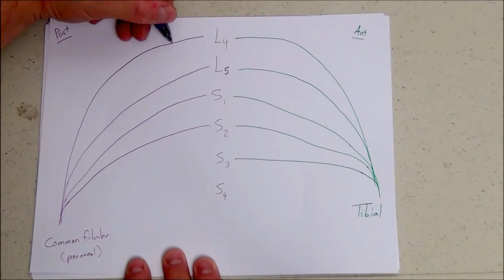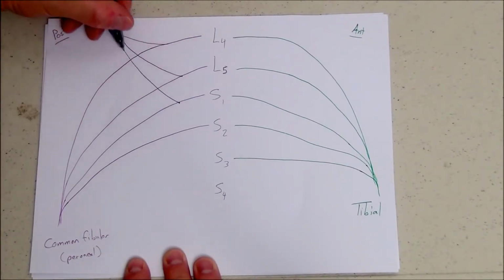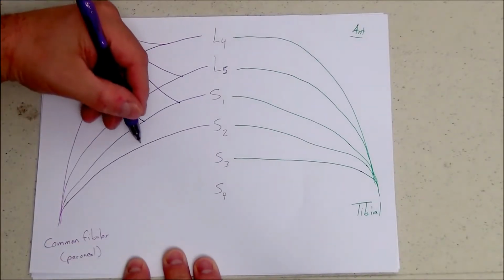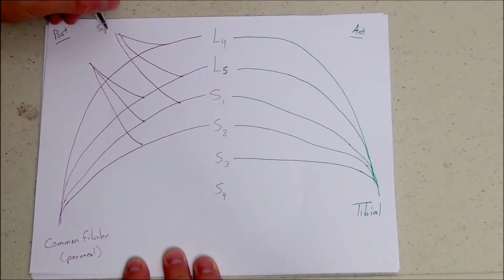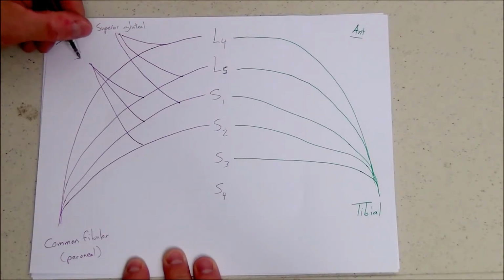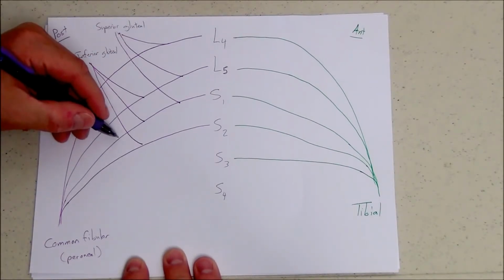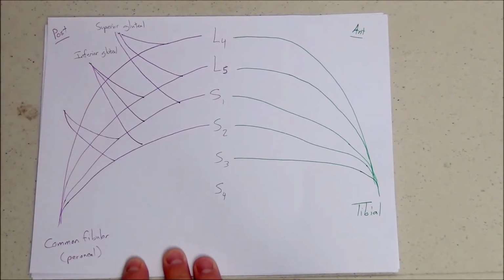On the posterior side, what's more posterior than the gluteals? Not much. So we take the first 3, L4, L5, S1. We take the next 3, L5, S1, and S2. These make the superior gluteal nerve, the inferior gluteal nerve, and lastly, we take the only ones we have left, S1 and S2, and we get 2 contributions to the